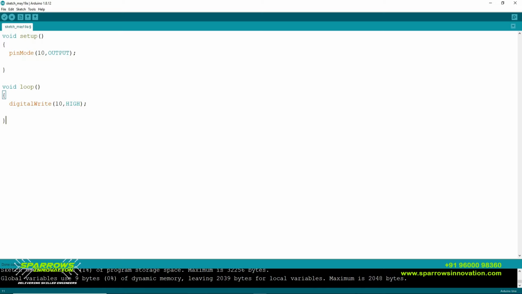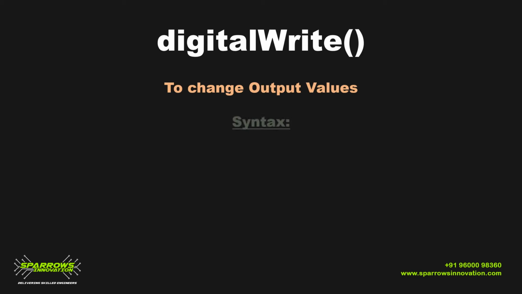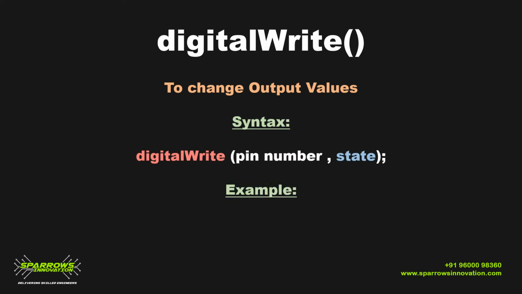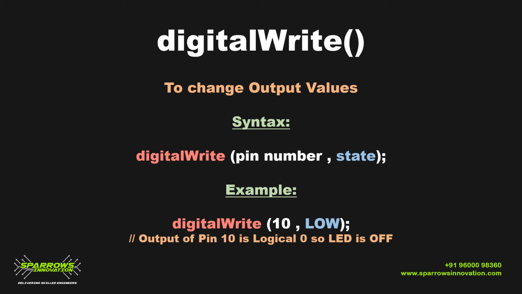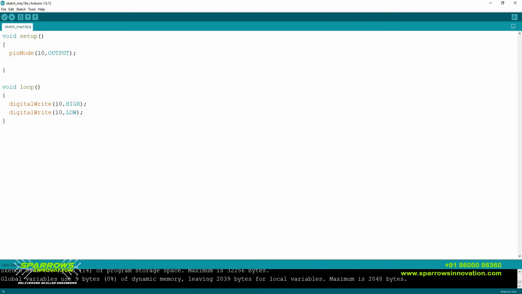Now I have to make my LED low to make my LED blink. So next I have to use the same function digitalWrite to make my LED low. So digitalWrite, my pin number 10, LOW will set my LED as low. So in my program I am going to use digitalWrite 10, LOW inside the while loop. Now you can see in the program, in the first line I gave digitalWrite 10 HIGH, which will make my LED high, and the next line digitalWrite 10 LOW, which will make my LED low. Since this is an infinite loop, it will repeatedly execute these two lines of the program. So what will happen, my LED will blink, it will go high and low like that.